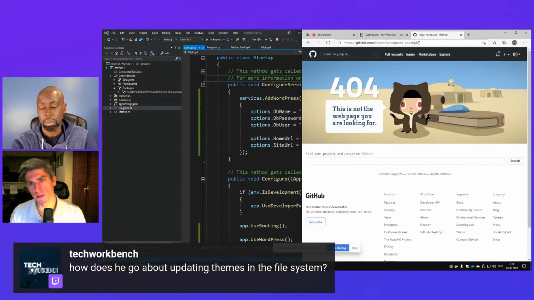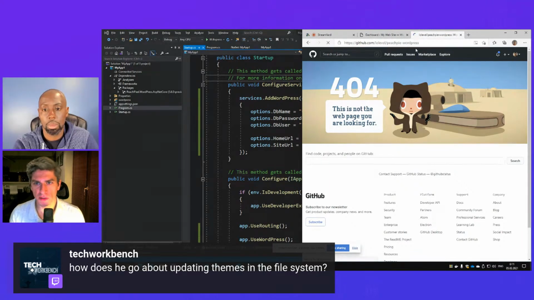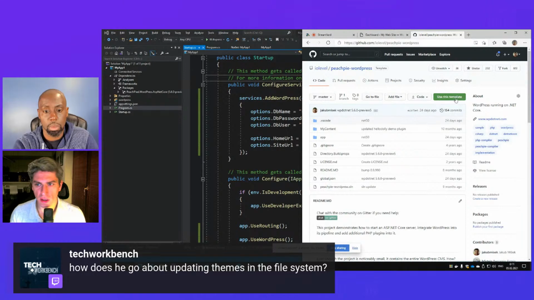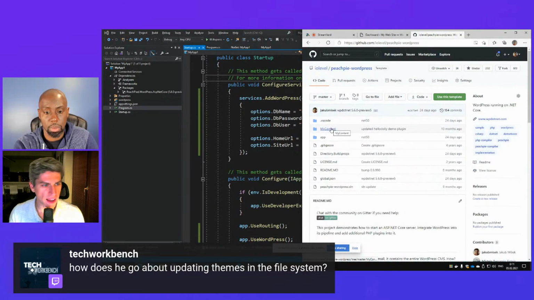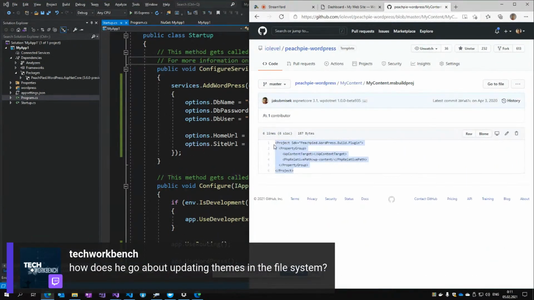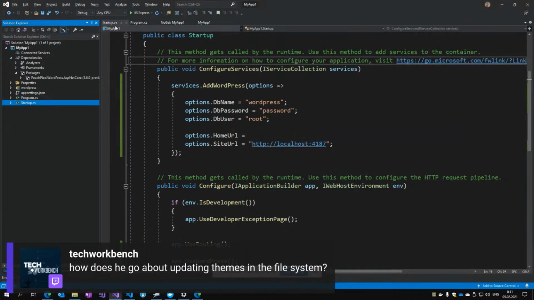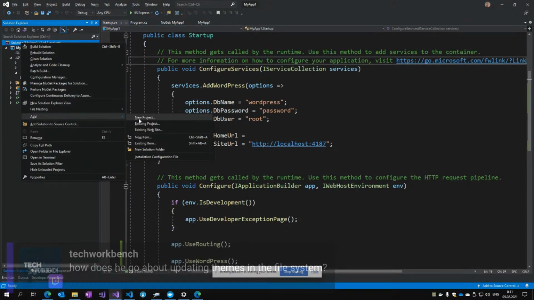For GitHub there should be a PeachPie WordPress repository that you can use as a template, and it has this special project. So let's try it. If you have some custom themes or something,